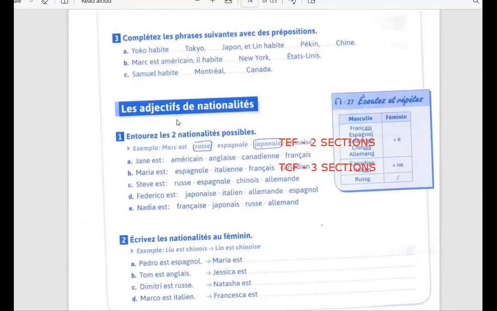What is the name of this girl? Sita, Geeta, Pooja. So that question is given, what is the name of that girl? That happens in TEF. In TCF, that question is in the audio itself, at the end of the audio. So you have to be a little attentive, that you listen to that question properly, and you just have answers given on TCF. But still, I find TCF easier.